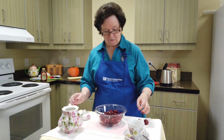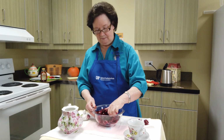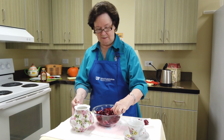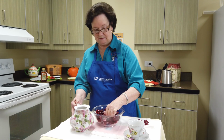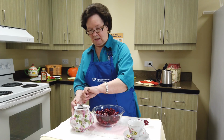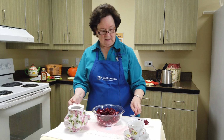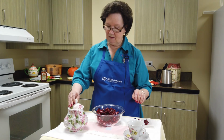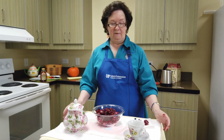And I want to make about a cup or 2 cups of tea, and I'm going to put 1/4 of a cup of the leaves. 1/4 to 1/2 a cup of the leaves will make a nice cup of tea. Okay, and as we put those in, the next I'm going to go ahead and put the lid on, and I want for it to steep from 3 to 5 minutes so we can get all that wonderful flavor into our tea, and then we'll be ready to pour our tea and enjoy our wonderful cup of hibiscus